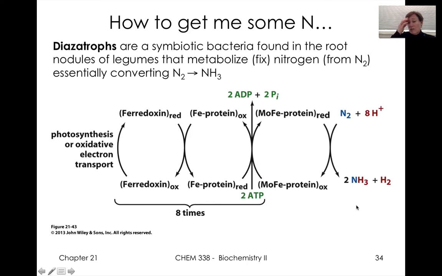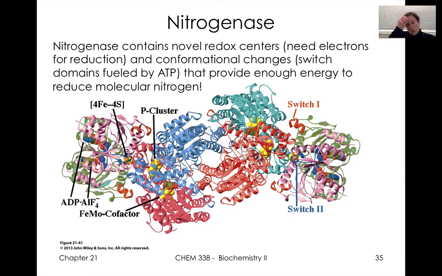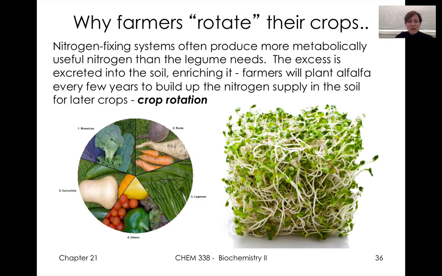But really important chemistry. Maybe you know, if you've talked about organic chemistry reactions, when you want to do something in an inert atmosphere, you do it under nitrogen because it's so unreactive. We'll spend a little bit of time looking at the structure and activity of nitrogenase. Just like Rubisco, it's arguably one of the more important enzymes that we think about in terms of making bioavailable elemental nitrogen and carbon.